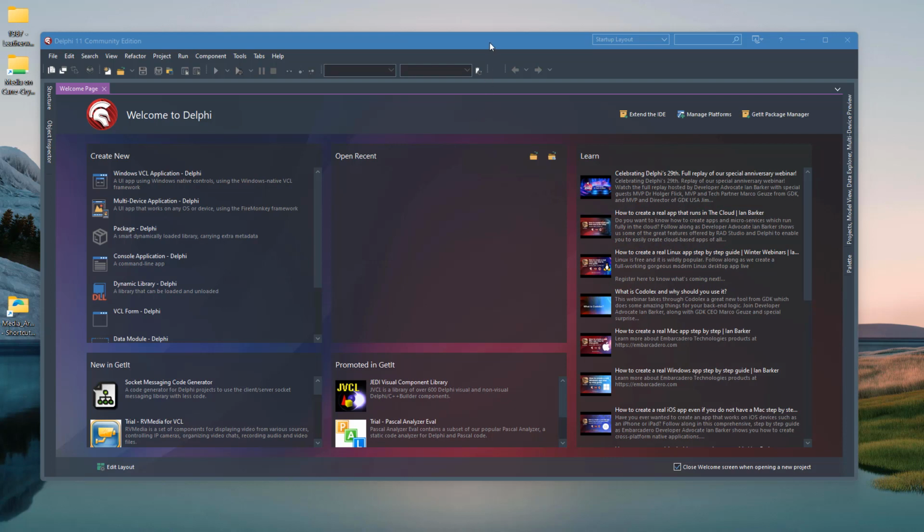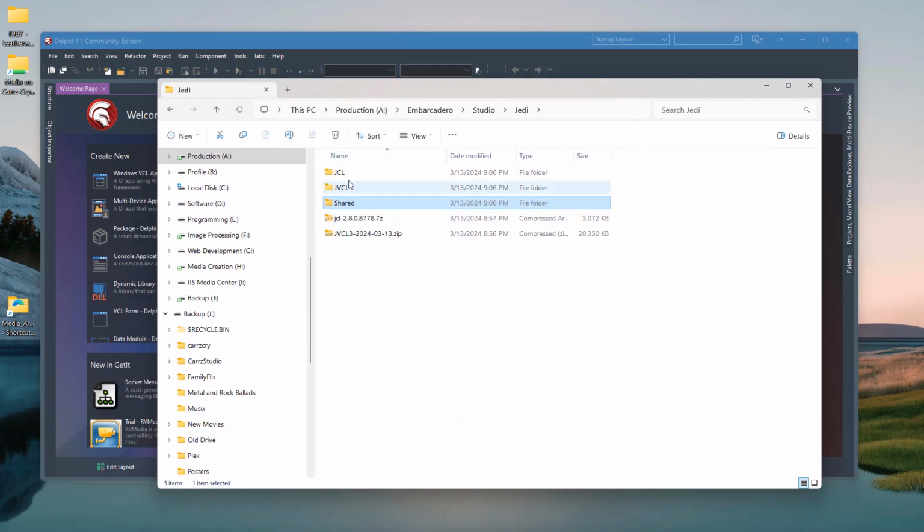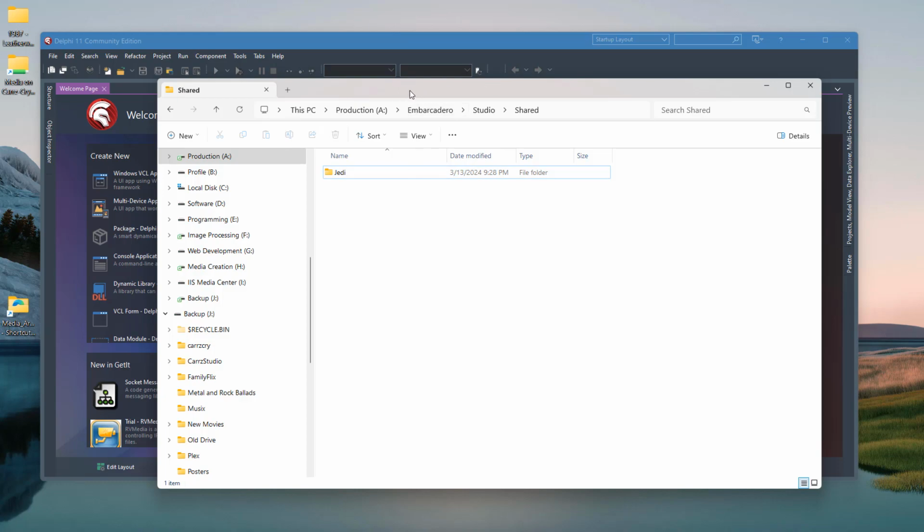Okay, so after the installation, what we want to do is that we want to install the JVCL and the JCL component packages. Okay, so as you remember, we downloaded and we extracted the files here. So we're going to take our shared, and we're going to cut it, come out, and then we're going to paste it right here. We're going to go inside of here. We're going to create a folder. We're going to name it Jedi. We're going to drag these two files into here,